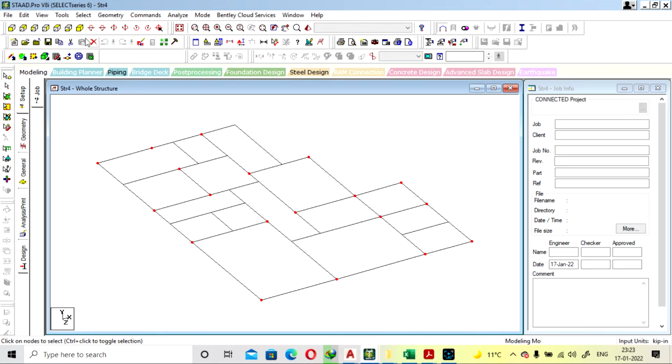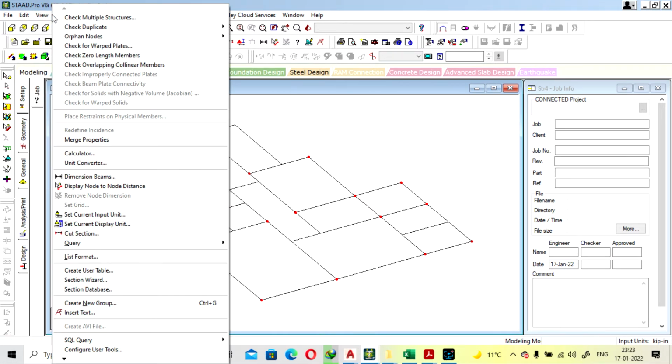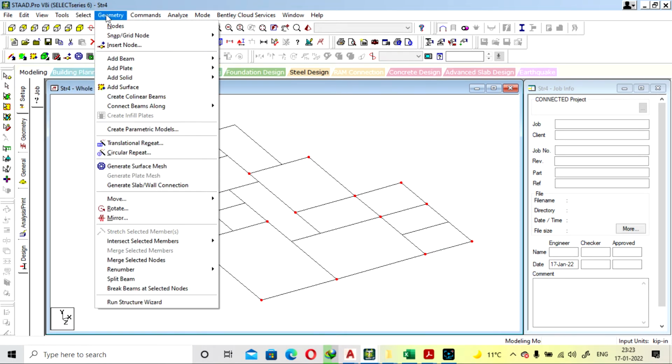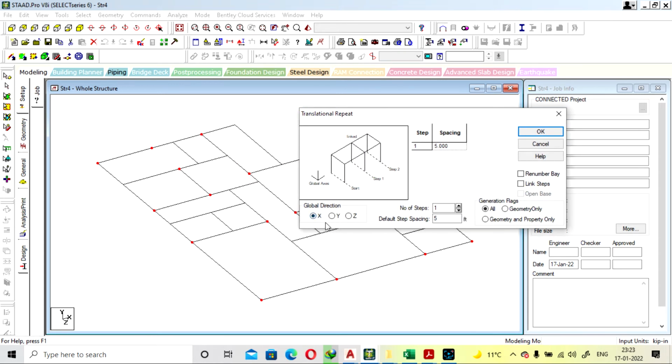The option was here, but you can go with this option also. Go to geometry and translational repeat. Right now we are going with the foundation, so we are assuming the foundation depth as 6 feet.